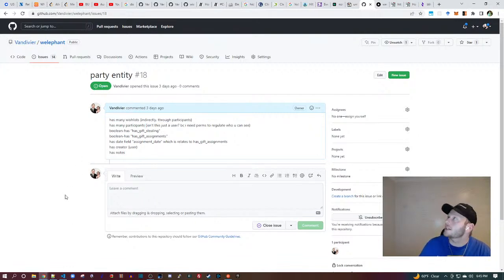The participant entity basically has a name and an optional email. Yeah, it is a name and an optional email.